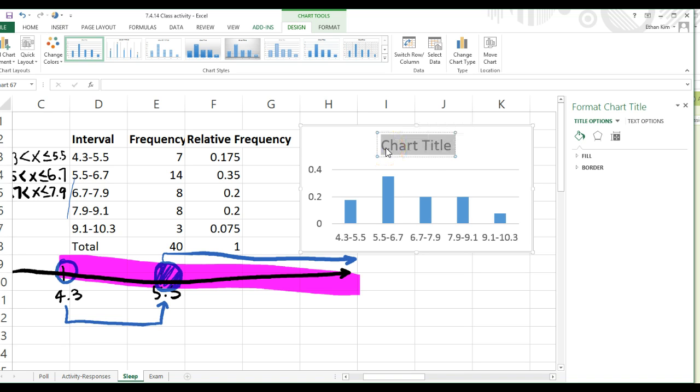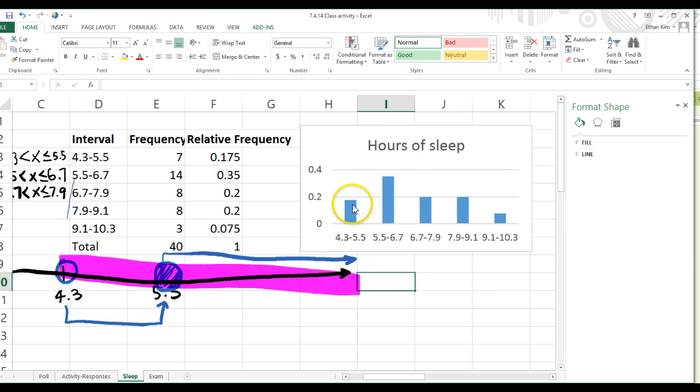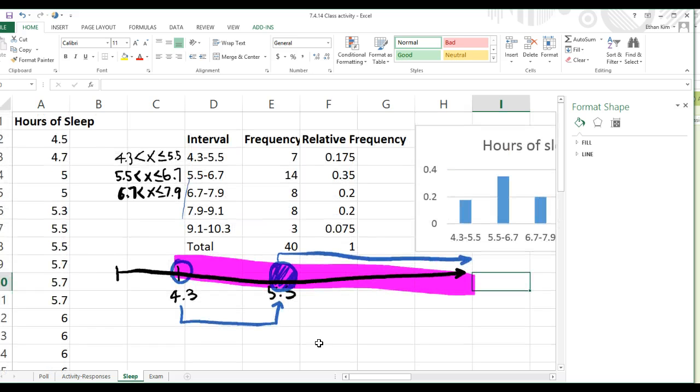Right, this is number, no, let's just say hours of sleep. Okay, and here we have the histogram. Okay, and this matches up with the relative frequency here, and this is pretty much what we've done so far. Alright, so